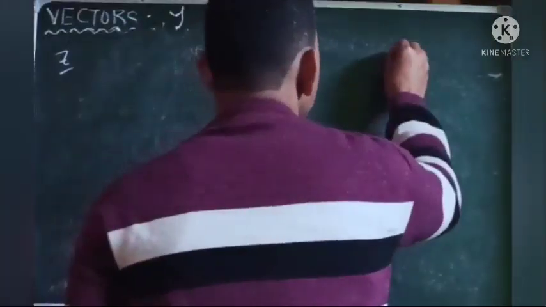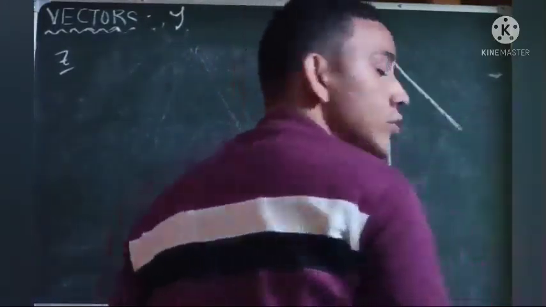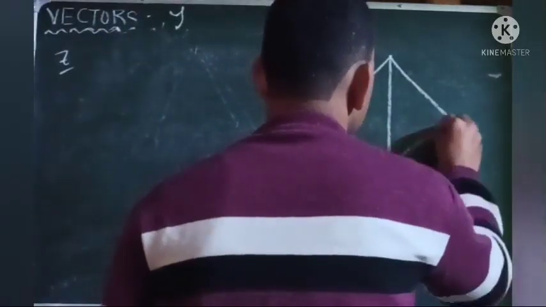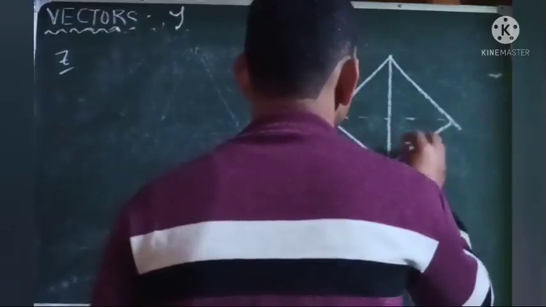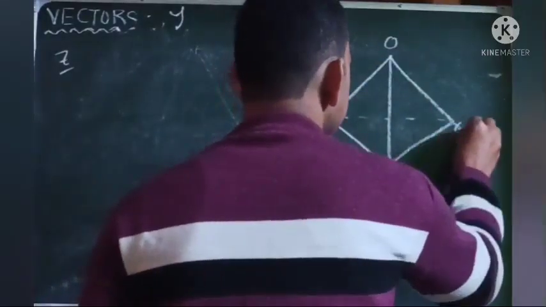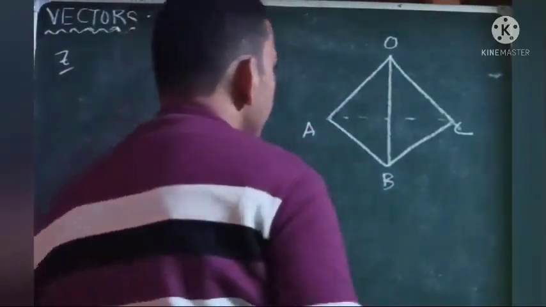Question number 7. Suppose we have this pyramid. We all know that a pyramid is a 3D structure. This is O, this is A, this is B, this is C. Now we are required to prove that